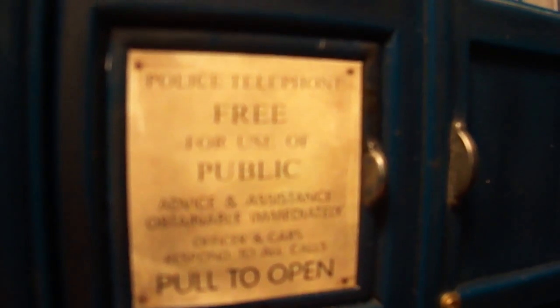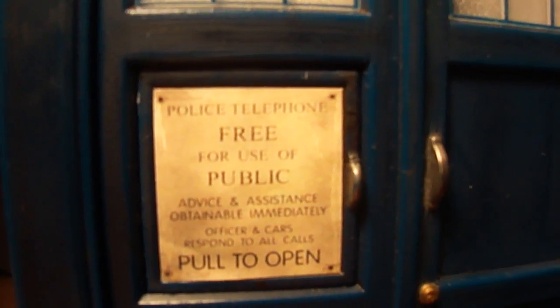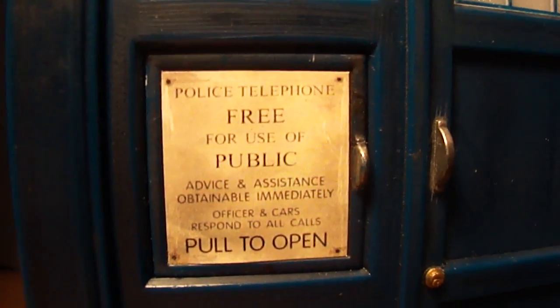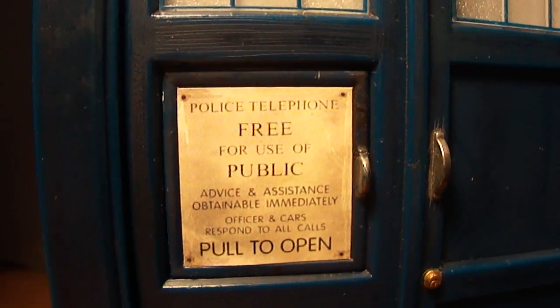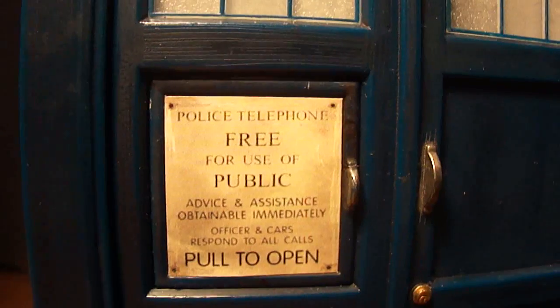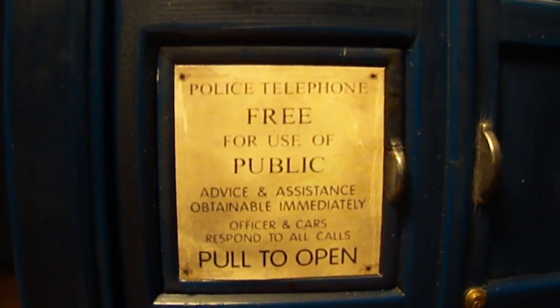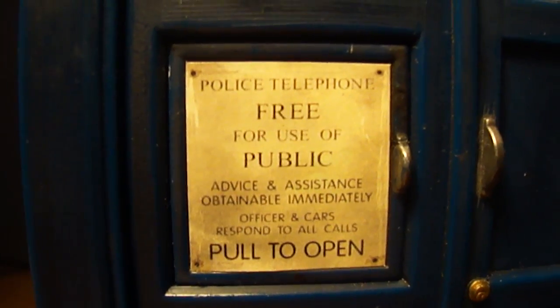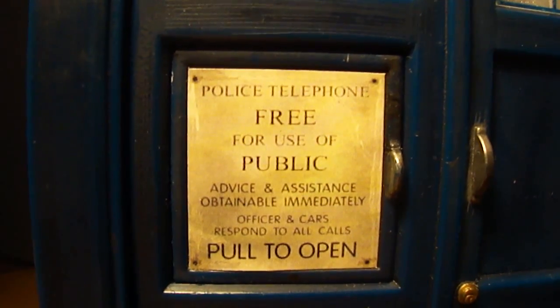Another thing I noticed too is this sign on the door. Now, this is for the police telephone. There are a couple of things about this I noticed. Number one, the door itself doesn't have any hinges on it. And if you look at the sign itself, the sign has several different sizes of fonts. The advice and assistance obtainable immediately is a little larger than the font below it, which is officer and car